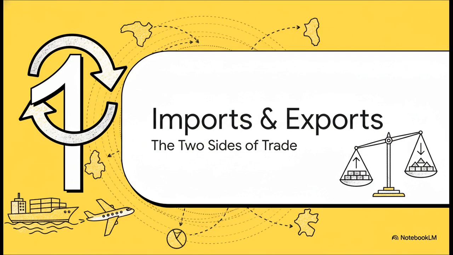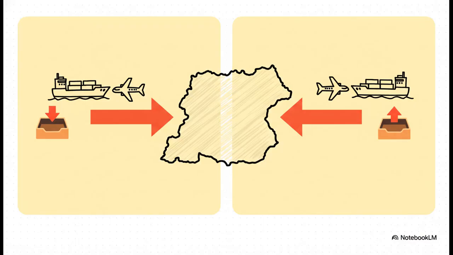Okay, so how does this whole network actually work? Well, it all boils down to two core concepts you absolutely need to nail for your exam: imports and exports. Just think of them as the two sides of the global trade coin. The key here is all about direction, and it's actually super simple. Imports are goods brought into a country. Exports are goods that exit a country. If you can just remember those two little words, in and exit, you've pretty much got the foundation of all